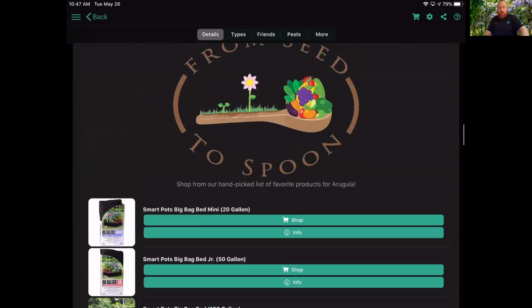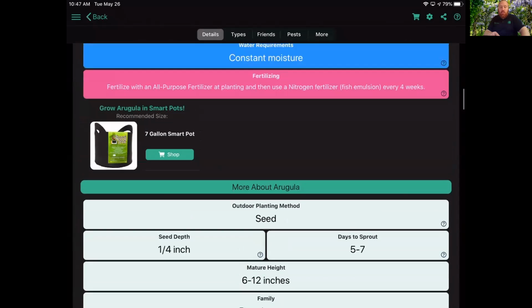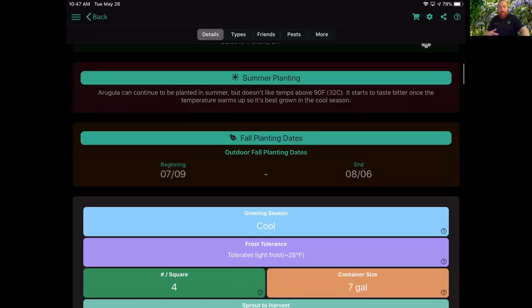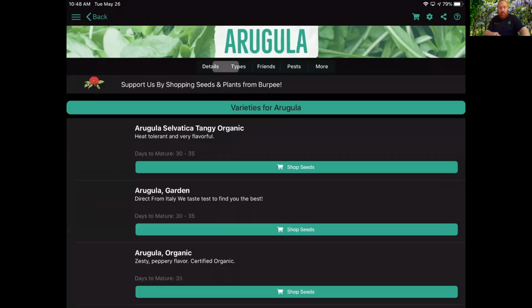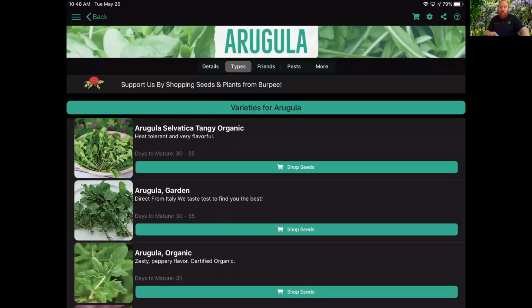It has a resource for it. So if you think of a plant and you think to yourself, I don't know a lot about it, but I want it, you could go on this and find out how to do it. The different types of arugula,